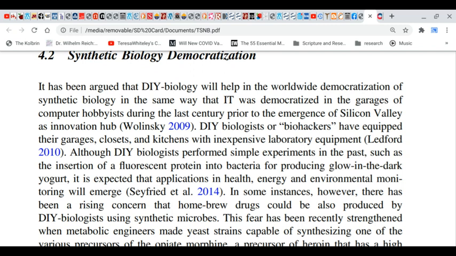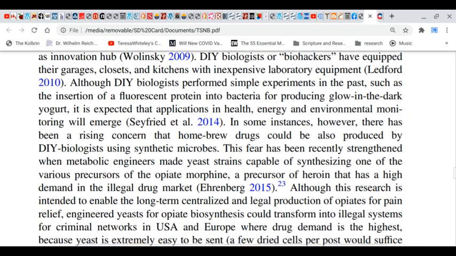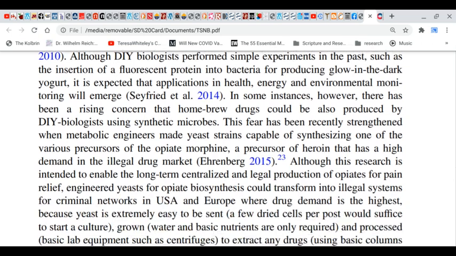In some instances, however, there has been a rising concern that homebrew drugs could also be produced by do-it-yourself biologists using synthetic microbes. This fear has been recently strengthened when metabolic engineers made yeast strains capable of synthesizing one of the various precursors of the opiate morphine, a precursor of heroin that has a high demand in the illegal drug market. Although this research intended to enable the long-term centralized and legal production of opiates for pain relief,